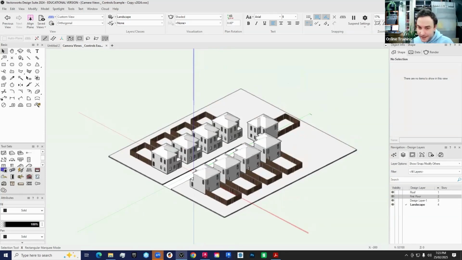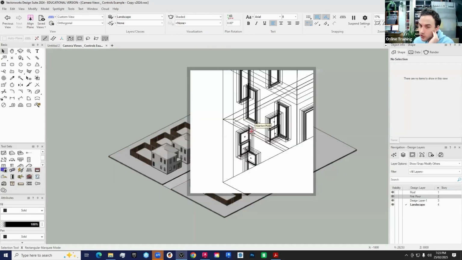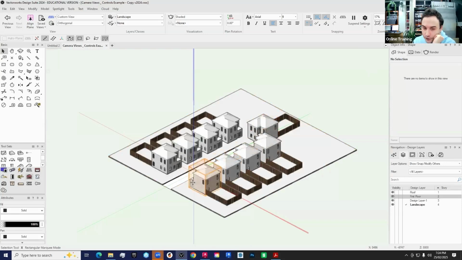So Z means if you hover over something and press the Z key on your keyboard, it does something called super zoom, which is slightly strange. It does like an X-ray super zoomed in mode of what you're hovered over. Like I said, the least useful of the three, but you might find you need it at some point,